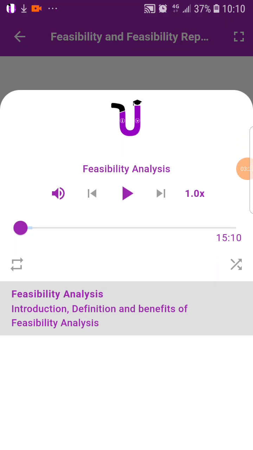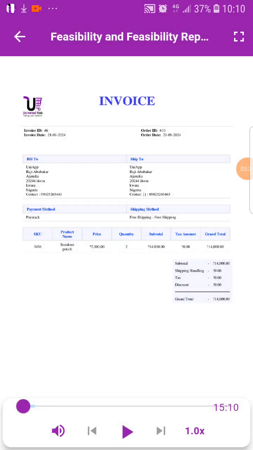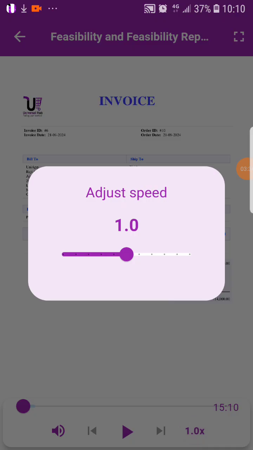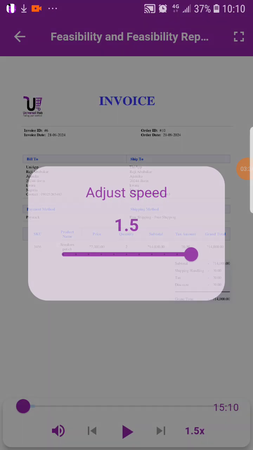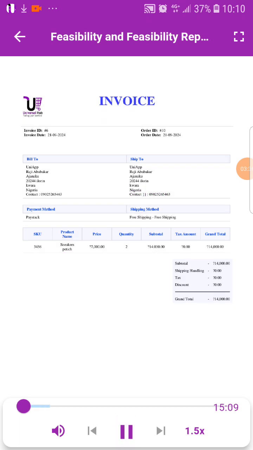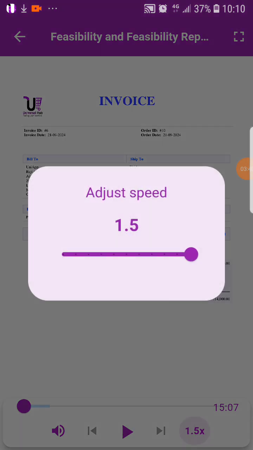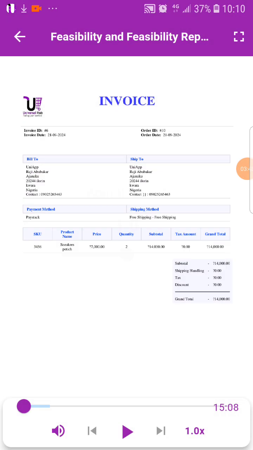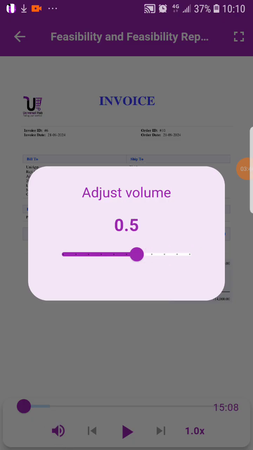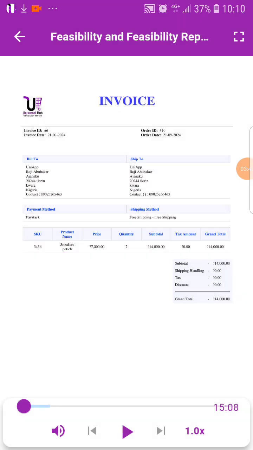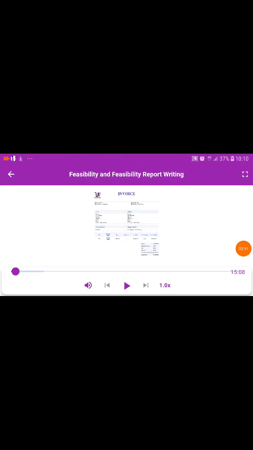here you will see the playlist of all the audio lessons for this particular chapter once you download them, and from here you can increase the speed of the tutor. Let me take it back to 1.0. You can also adjust the volume as the case may be for your use case. You can change to this screen for you to be able to